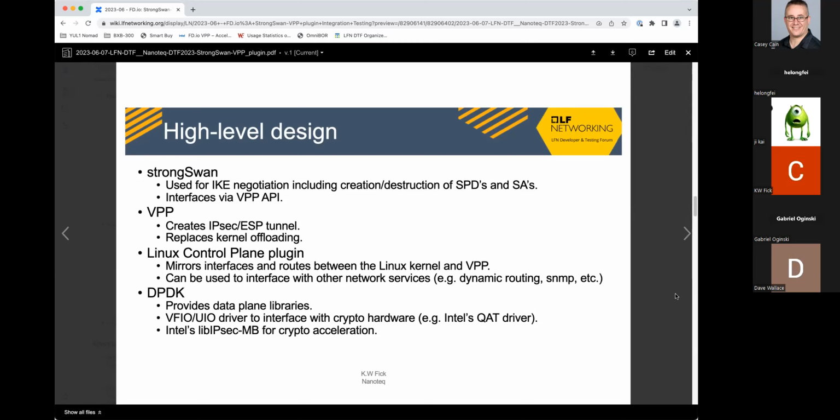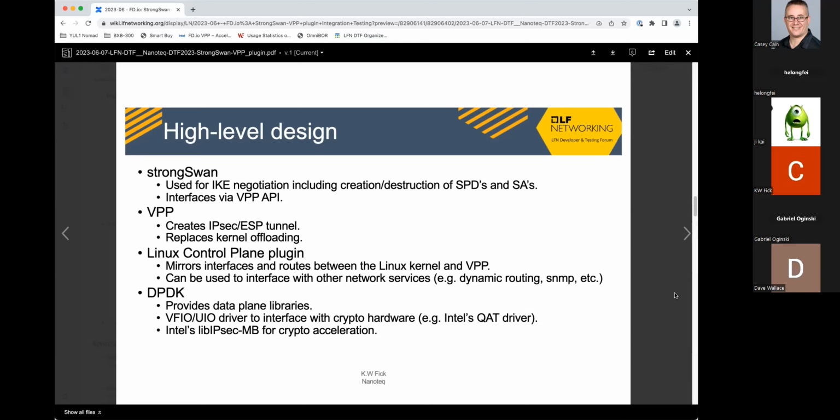VPP is then there to create the ESP tunnels and would replace the normal kernel offloading for the IPsec tunnels that would have been done before anyone used VPP. The control plane plugin is there to mirror the interfaces on VPP back to Linux